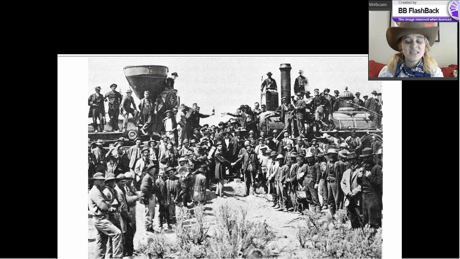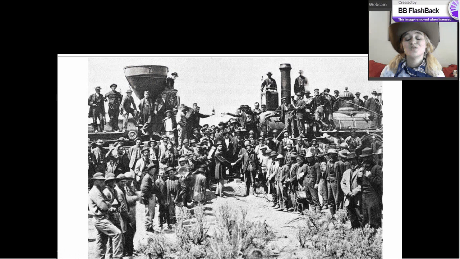When they met, it was a big deal. There had been this big contest about who was going to get there first, and you can see that these are both sides of the railroad here. So the Central on this side and the Union on this side, they're toasting each other with champagne, shaking hands, meeting. President Grant actually ran a golden spike into the ground to signify it, and one spike was connected to